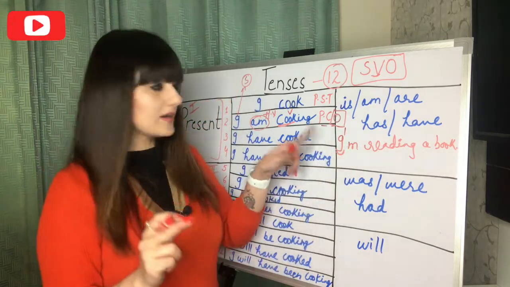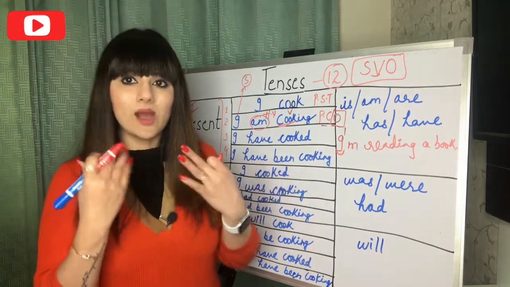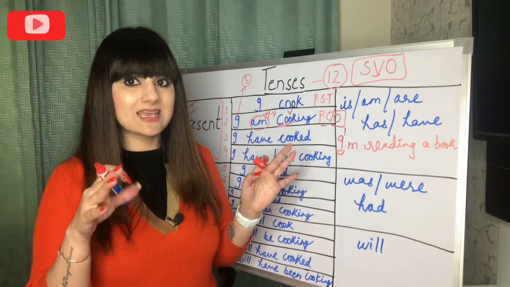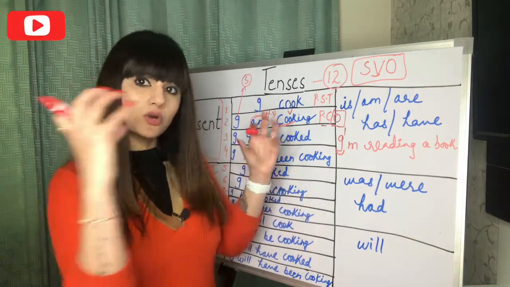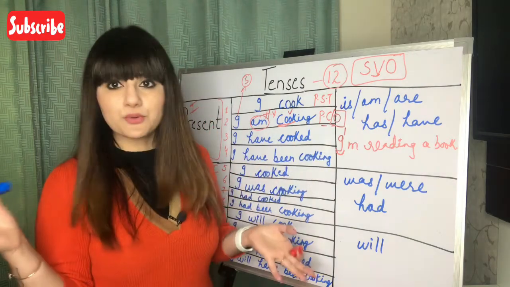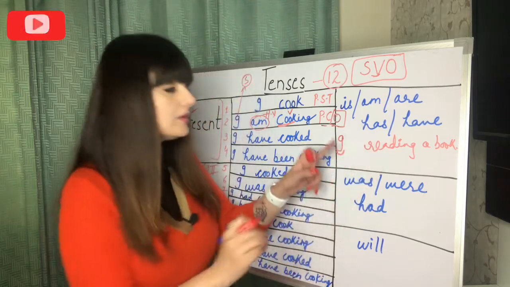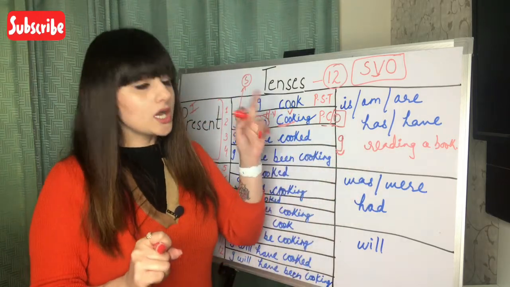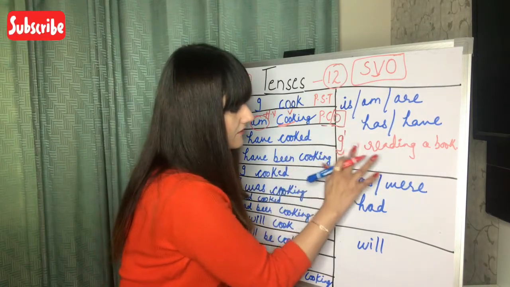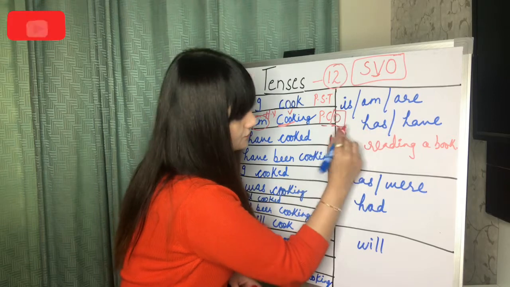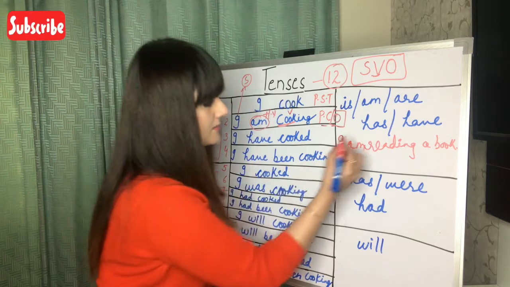So always remember, I have used this kind of contraction. We use this while speaking. We don't say I am reading a book. We speak like this, we contract the words. So I'm reading a book. But while writing, in informal writing, you are allowed to write this way. But always remember, when it's formal writing, then you have to write like this only. I am reading a book.